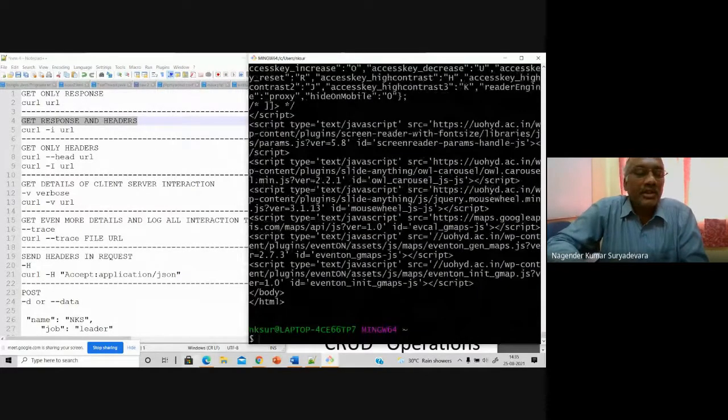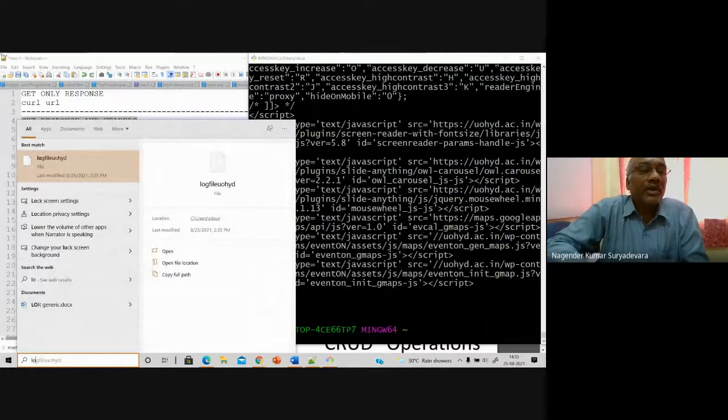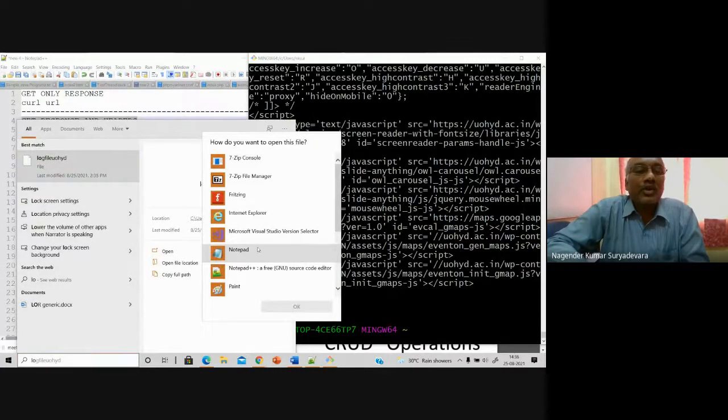Now let us see the file name I have given. Yes, the log file uohyd is created on my local system.